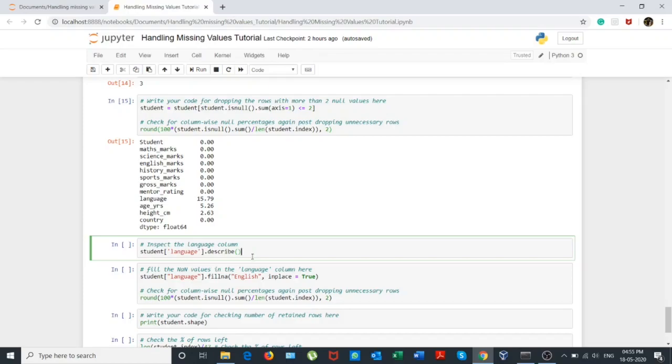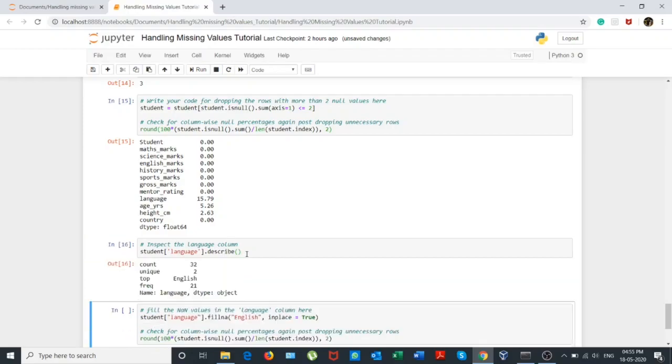For that, we will use the describe functionality of pandas, and if we describe the language column, you'll see that the count in this column is 32. So 47 is the total length of the data set, and roughly 15 entries are null. Unique, so 2 categories are there, out of which English is the most frequent category.